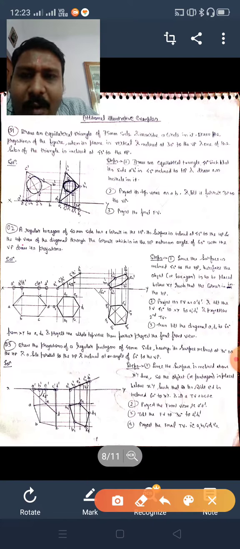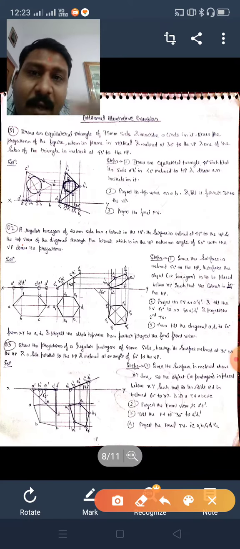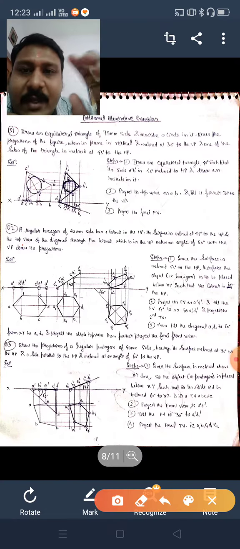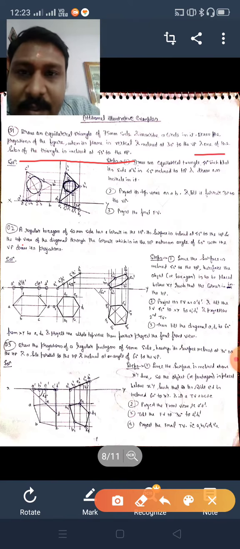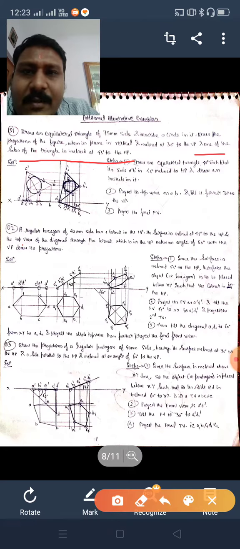What we can do is just incline the plane with the first condition which is given. The second condition, what is given? One of the sides of the triangle is inclined 45 degree to HP. This is the second inclination, draw it first. This is the clue. You need not draw the position, directly draw the view. Why are we doing it like this? Because the position of the triangle is not given to us. Only in this type of question do you have to do this, since the position is not given.